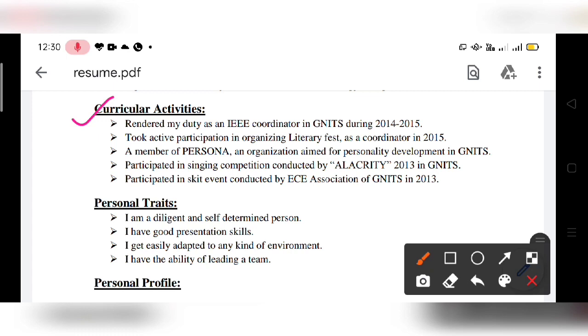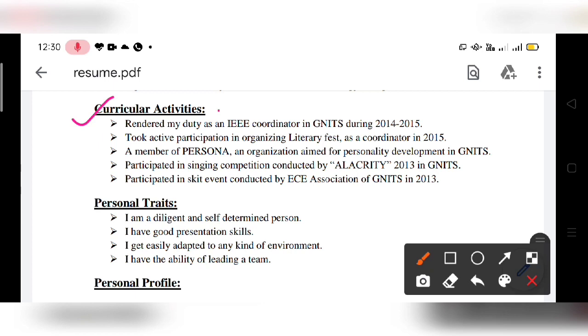Something that is related to your academics, participating in a robotics workshop and then designing a robo, all these come under co-curricular activities. Whereas extracurricular are those which are there for your entertainment, like sports and cultural fests and other things, right? So if you have too many achievements in co-curricular activities, put a separate side heading co-curricular.